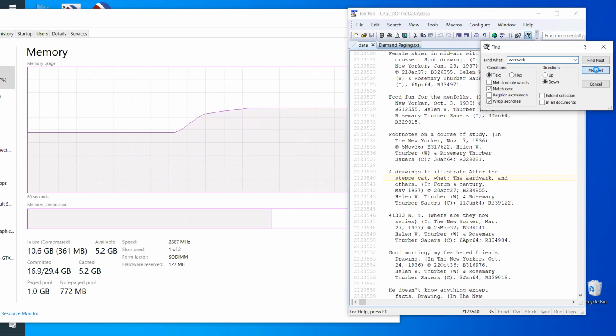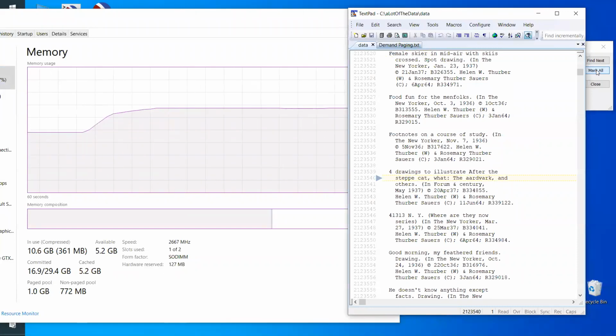Right now, TextPad is searching. The file is really in memory. TextPad is now searching 2.25 gigabytes of text for the word aardvark. It's going to find about 20 instances of aardvark. It takes it about 30 seconds to search there. See, it's just found